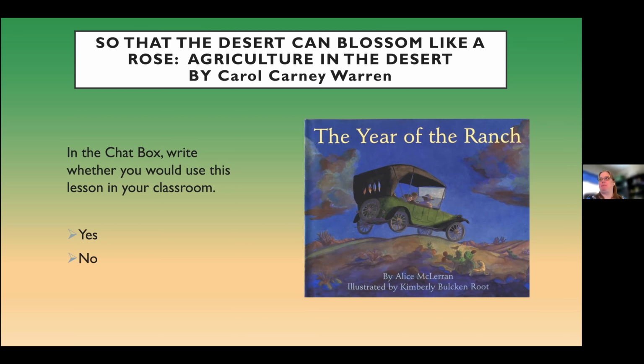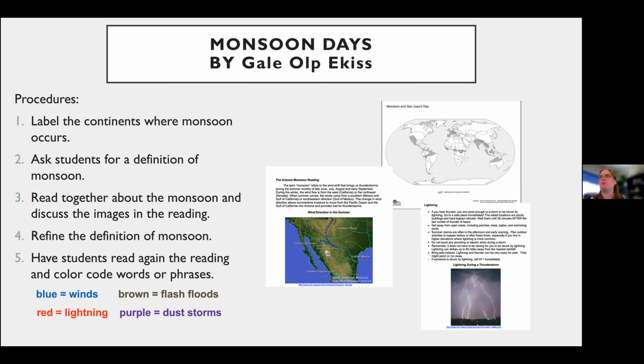Okay, perfect. Next one is monsoon days. They're going to look at the aspect of monsoon and where it's coming from and why it's there and why it is important to Arizona. Why is it an aspect that we deal with and we love? I don't know about you, but I keep my fingers crossed that monsoon will give us some rain this year. And I always look outside and hope, when that goldish hue comes to the sky, that something's coming down into the valley.